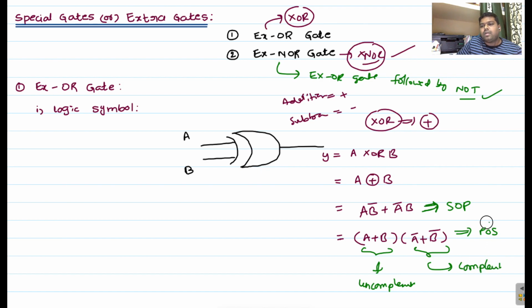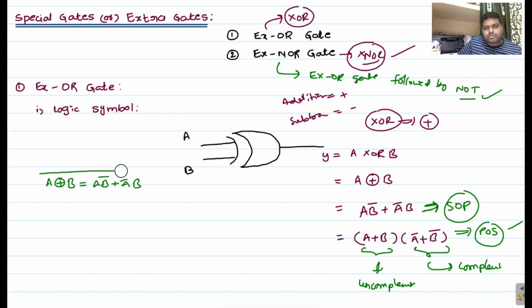So this is for product of sum, whereas in sum of product form, each product term consists of one uncomplemented variable and one complemented variable. That combination is possible in sum of product nature. So now A XOR B. Always remember A XOR B equals A B bar plus A bar B. This is our logic expression for the XOR operation.